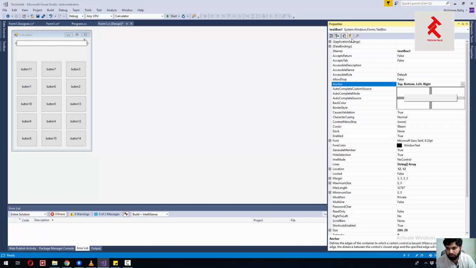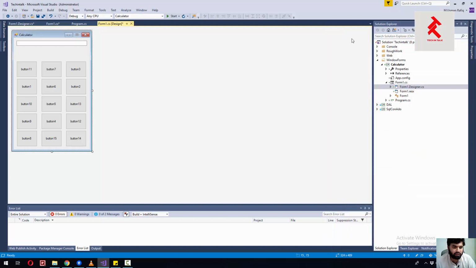By default, the anchor is set to top and left, and what I have done is I have selected the right as well, so that it is linked with its parent, that is form in this case, and as soon as the size of the form changes, it changes with it accordingly. So yeah, this is the basic shape we have achieved,